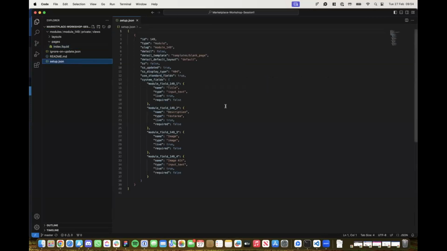So it's optional to create a database table specific to your module, but this is the easiest way to do it. If you see the system fields line on line 13, you can see that you can create these core fields that will be installed with your module. People can always install custom fields on top, but the benefit of the core fields is you can do functionality with them, knowing their IDs, either for settings or for your core functionality. So that's the easiest way to set those up, and you can do images, as you can see, with the type. If you want to see what types are available, that's in the developer docs. If you just search for field types,